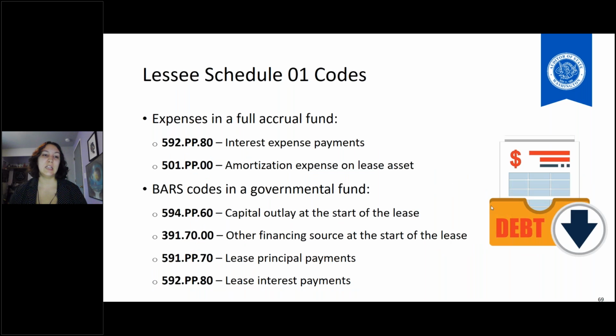Now for our lessee Schedule 01 codes, remember we account for leases differently in the full accrual funds versus the governmental funds. So in those full accrual funds, your proprietary funds, really the only expenses you have to report there are the interest expense and the amortization expense. So that interest expense gets charged to BARS code 592 with object code 80, and amortization goes to BARS code